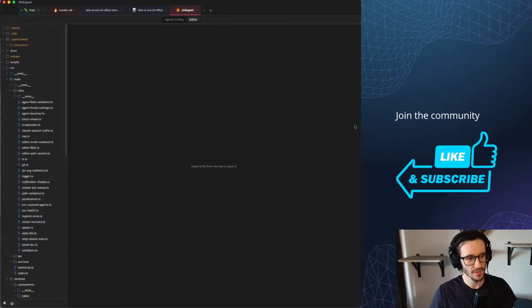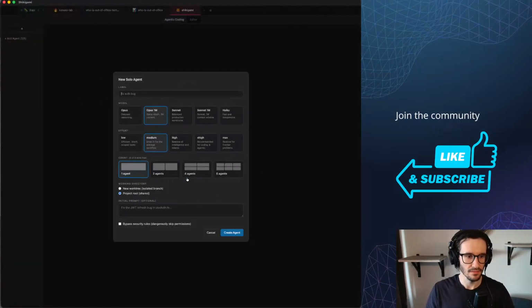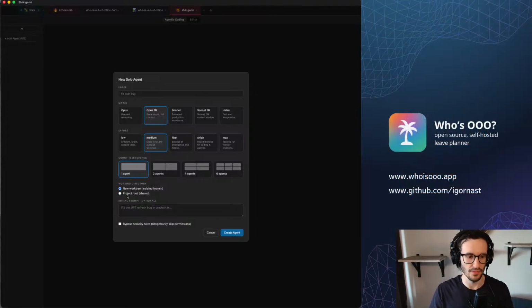The editor tab is at an early stage of development. It provides basic functionalities, and we are working on it to make it better. And the agentic area allows you to define model, effort, and the number of agents, and you can run them within a workspace, either in a project root or in a dedicated work tree with a dedicated branch.